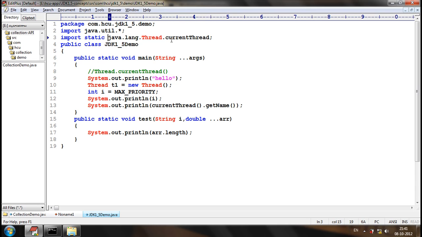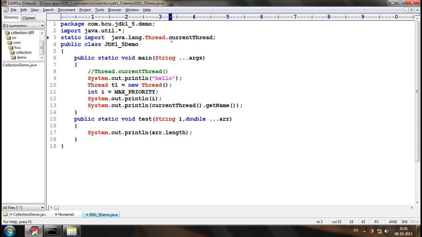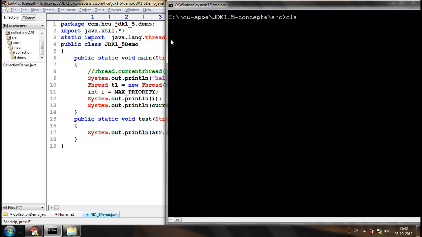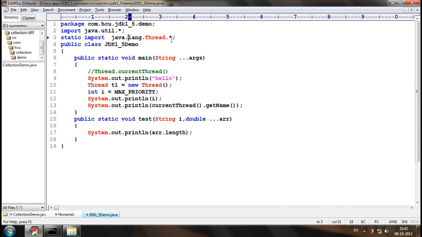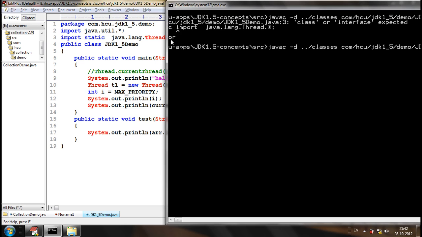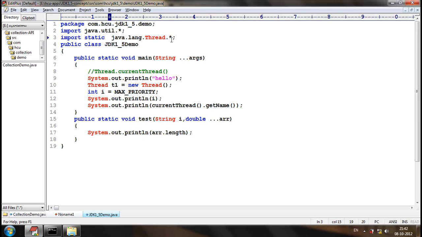Okay, and this should not be rearranged. It should be import static only. If you give static space import, then it will be a compile time error. Let me give star so that I can use all the members. So it is giving a compile time error. Static import is not recognized, but if it is import and static, then it can be recognized. This is a valid syntax. Static import should not be used; import space static should be used. Understood?